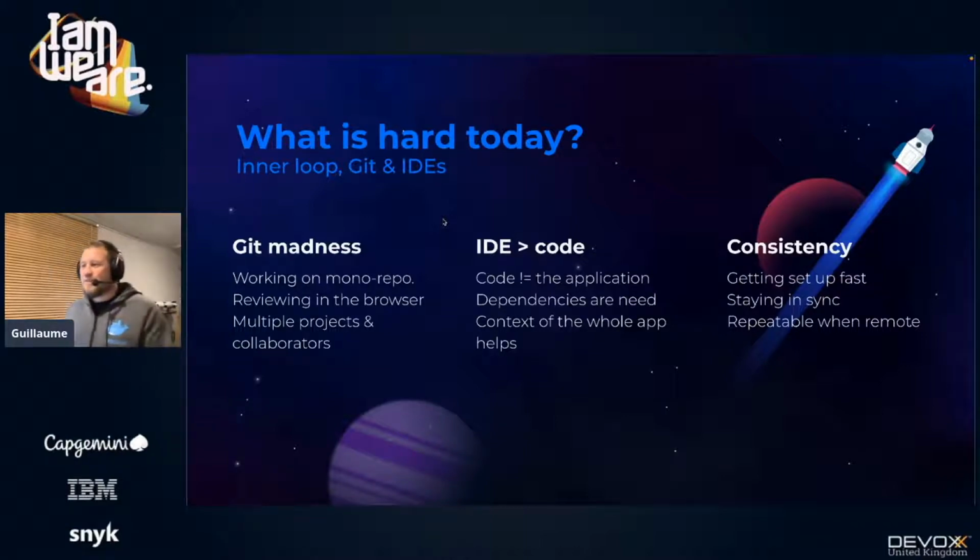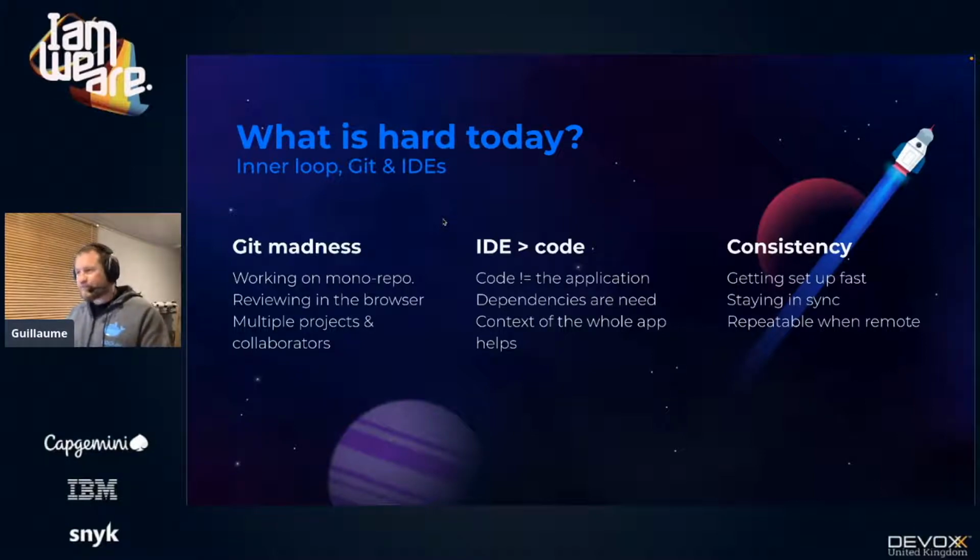The other thing that we saw is that Git repos are awesome, definitely, but source code is not the whole application. Usually, we have a lot of dependencies we need to install before running the app. We should specify some environment variables and stuff like that. And when you want to share this whole context with your teammate, it's not really easy, and that's why you can't always reproduce exactly a bug or a weird state of your application. So we try to